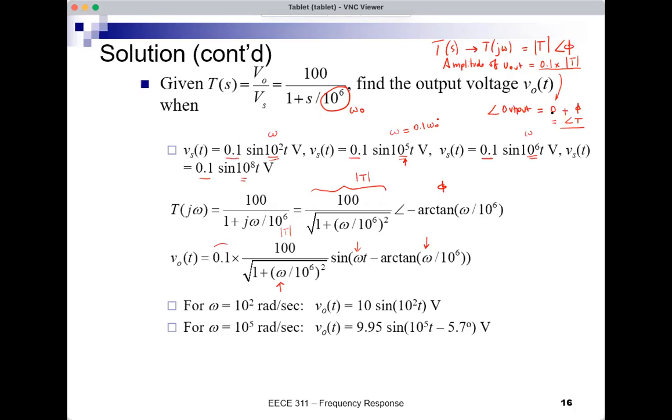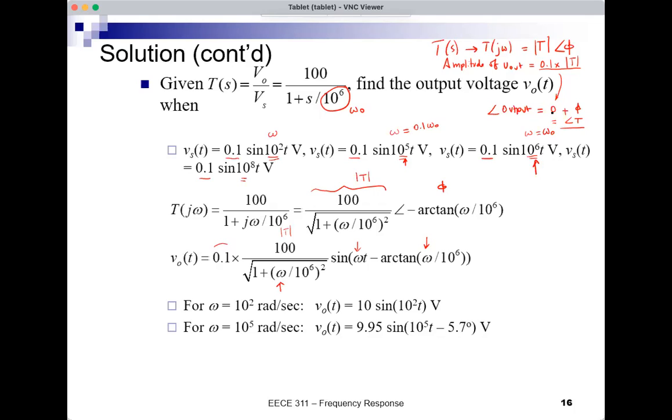Let's go to the next frequency, and that's at 10 to the 6. And at 10 to the 6, which is this one, this is exactly omega 0. Omega 0 is 10 to the 6. So now at omega equal to omega 0, what happens? We know what happens. We studied it. For the magnitude, omega 0 is called omega 3 dB, and we know the reason why it's called omega 3 dB, because